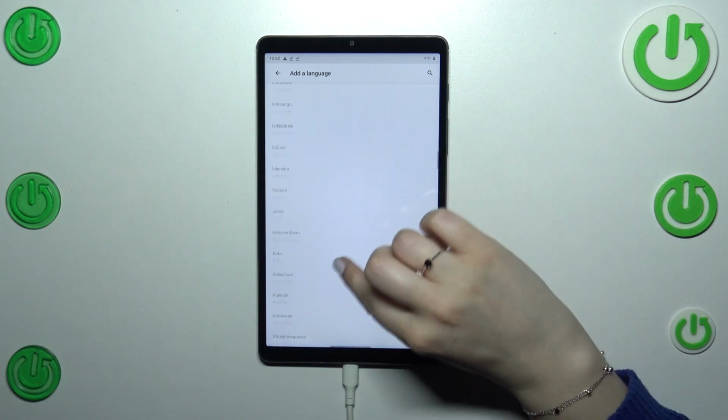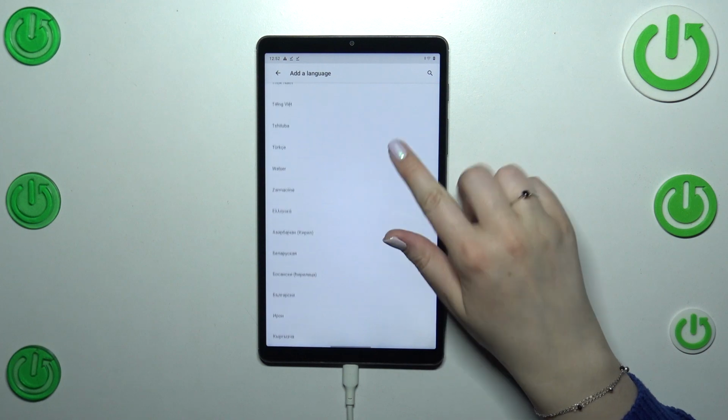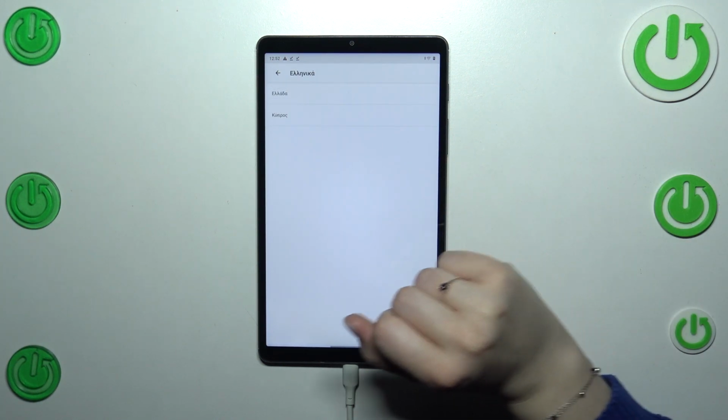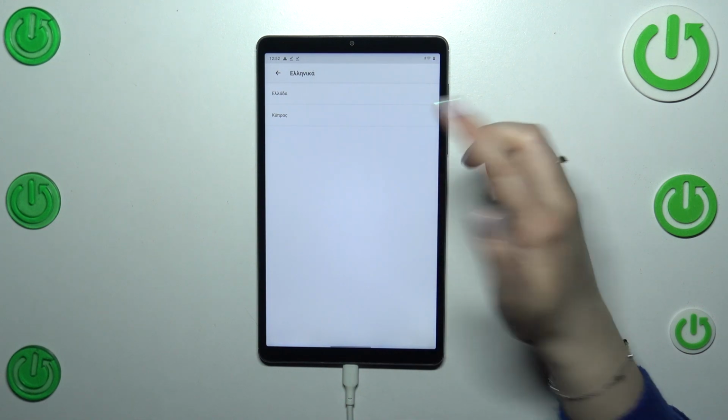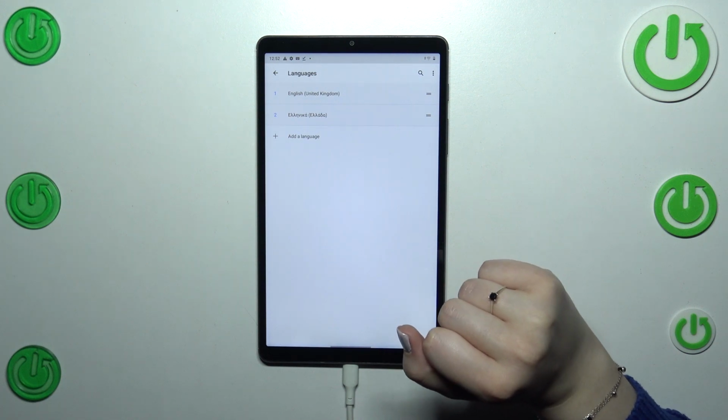And here we've been transferred to the list of available languages from which we can choose. So basically find yours and tap on it. And let me pick, for example, Greek. I believe it's Greek. You can sometimes, of course, pick the region. So let's tap on it. And basically,